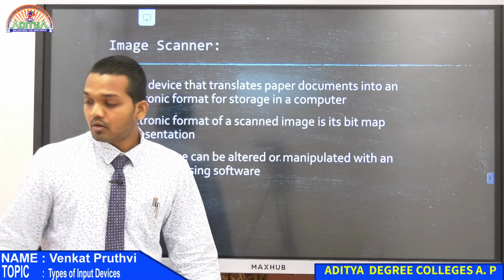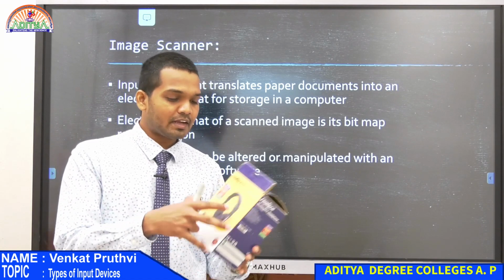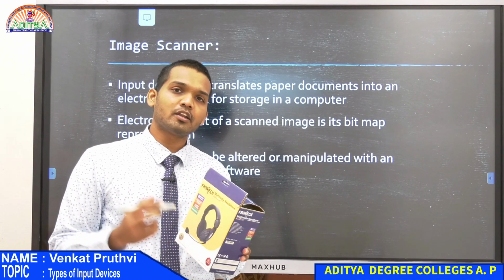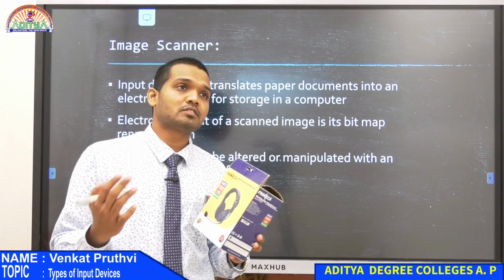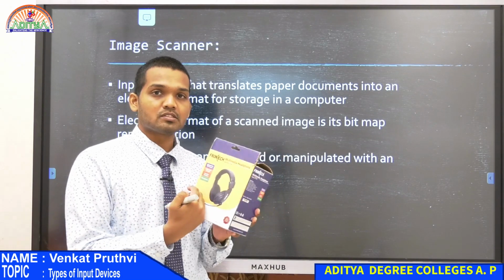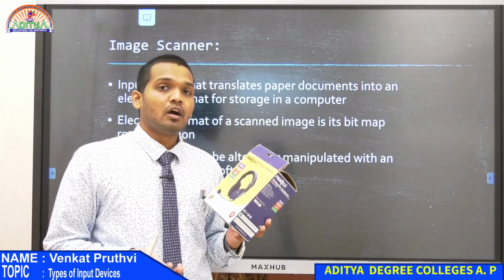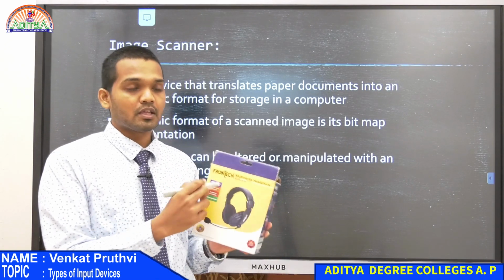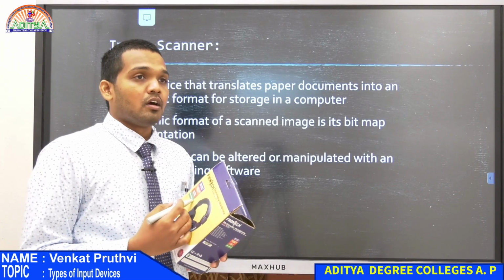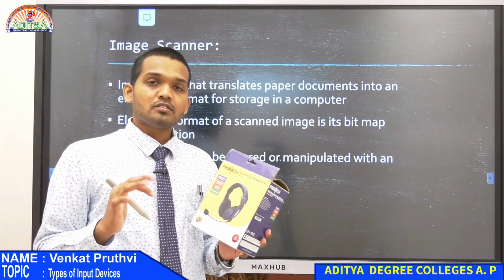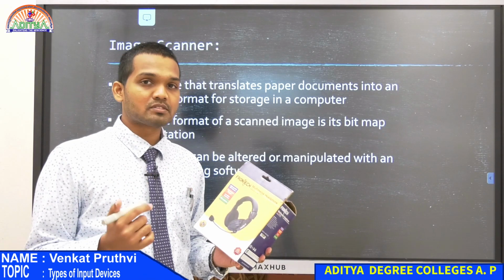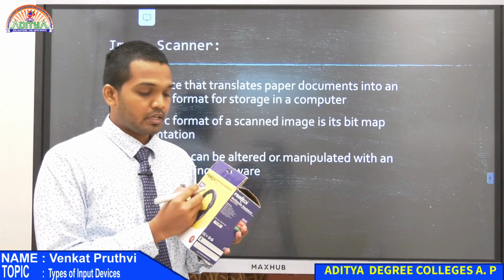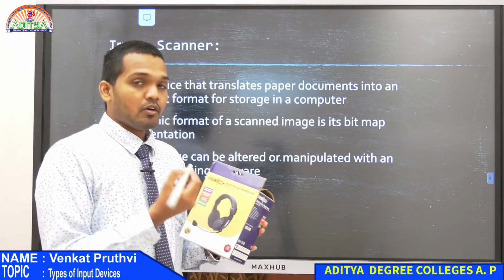Now this electronic format of a scanned image is its bitmap representation. Why is it so? Now if you are manually, I am again getting this box for you, if you are manually entering whatever text is there, how will you enter? You will only enter the characters, right? But when the scanner is trying to get an image into the computer, how will it scan all this? Will it only be able to identify the text available here, or how is it doing that? Computers always identify things based on pixels. What do you mean by pixel? Pixels are generally measured by dots per inch. Okay, DPI, you call them DPI.